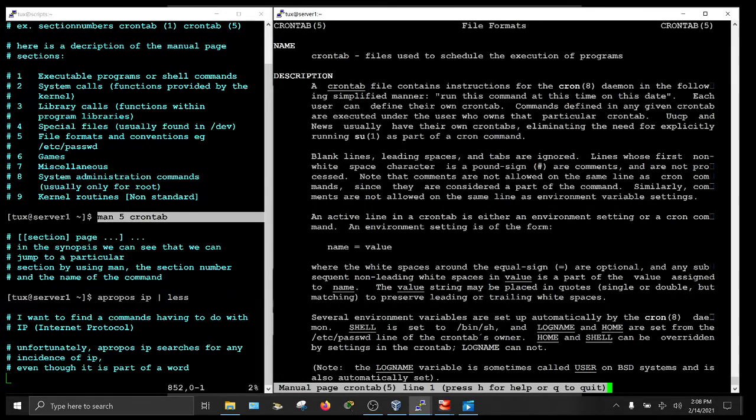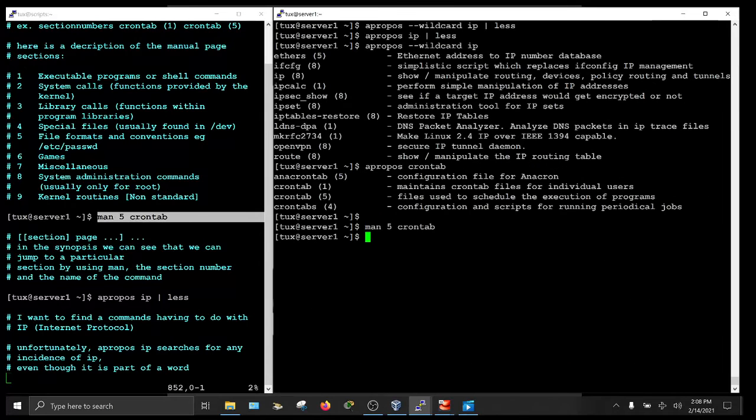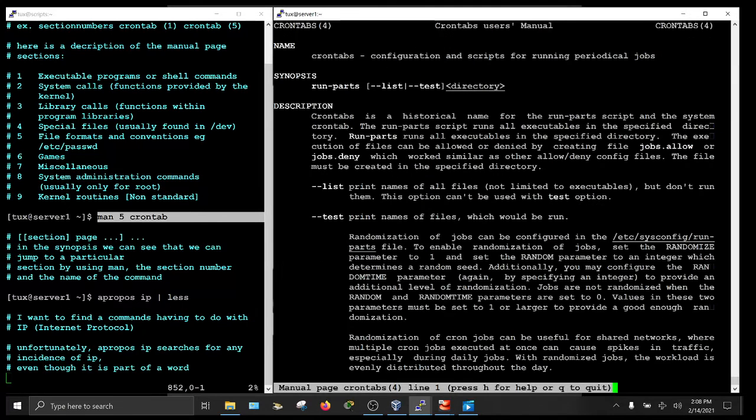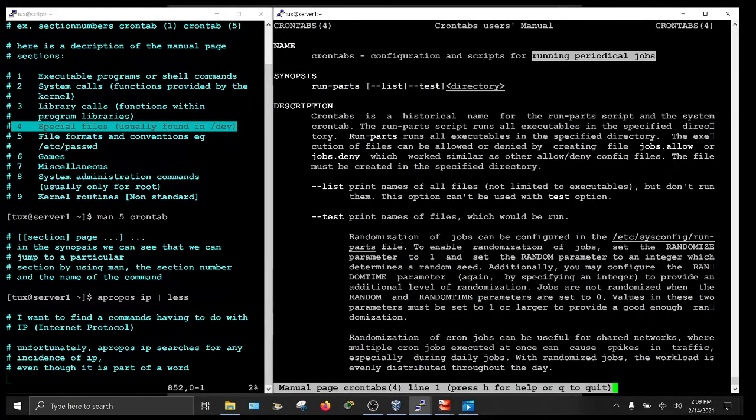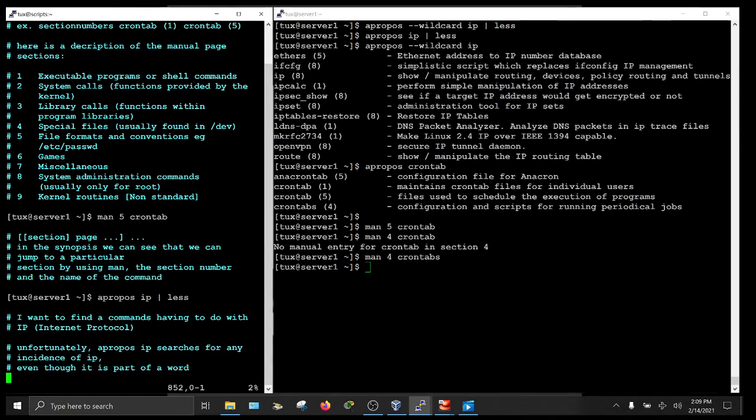Okay, so you see that here we're dealing with the files used to schedule the execution of programs. Now let me quit and change that to a 4 because that should be available to us as well. Well, no, crontabs. And so that's section 4, special files, usually found in the /dev directory. So crontabs, configuration and scripts for running periodical jobs. So that seems like a script that is going to be running something. So of course it would be in the device directory here. Just quit out of this, and